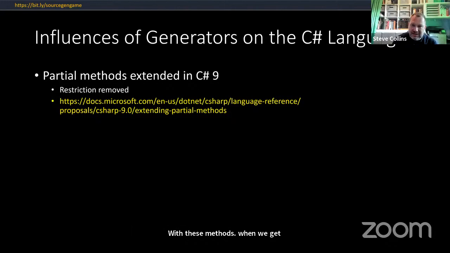When we get to C# 9 and C# 10, these restrictions have been removed. But what this does mean is that without these restrictions, you must provide an implementation. Otherwise, Roslyn will give you compiler errors. Now, one of the significant things about that is, if you're aware of the history of .NET and C#, the original C# compilers were written in C++, whereas later on, they were rewritten using C# and Roslyn. So there was more scope for flexibility within the compiler.